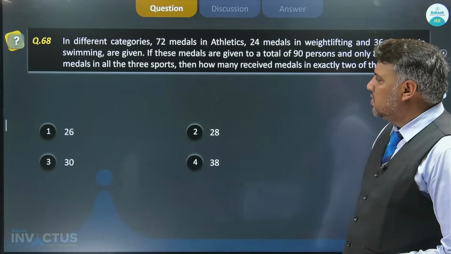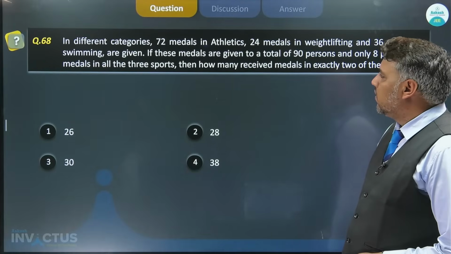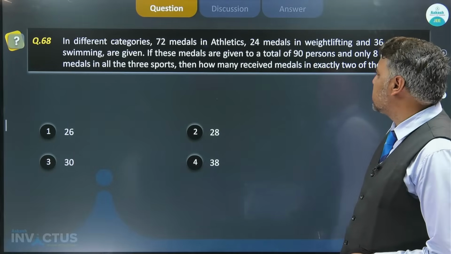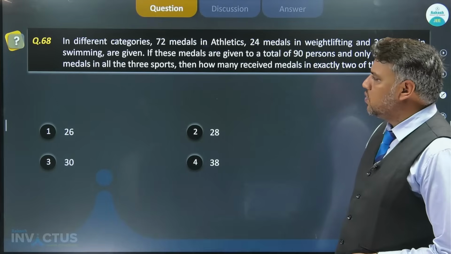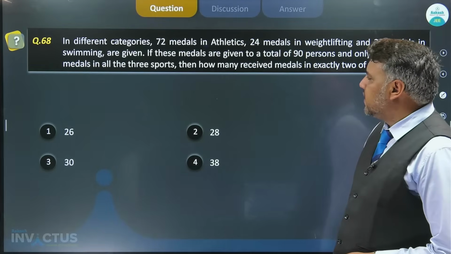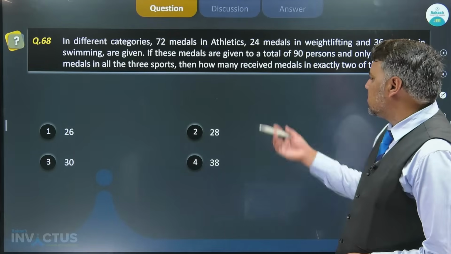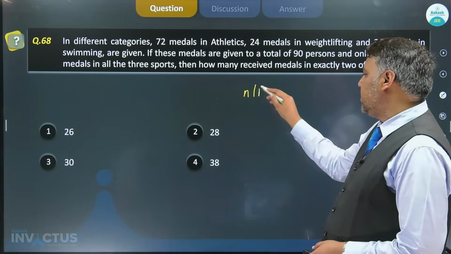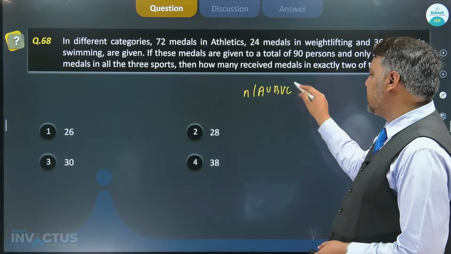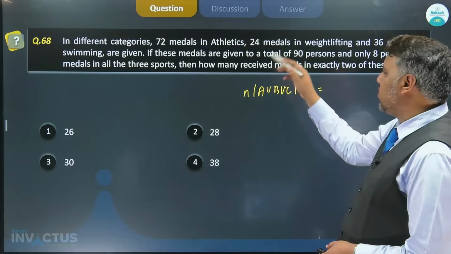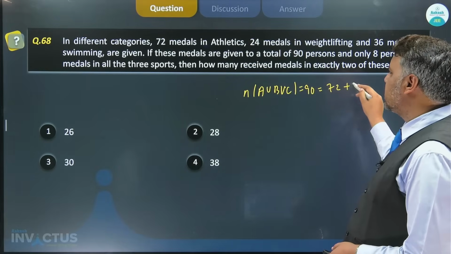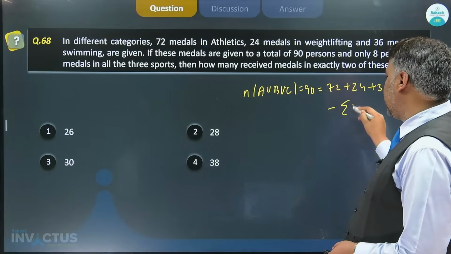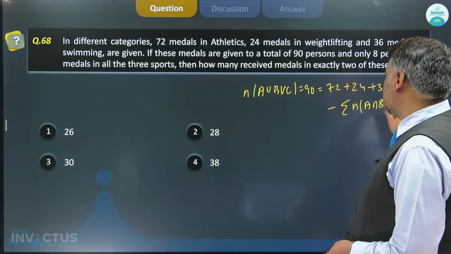Okay, this is again a simple set theory question. There are, in different categories, 72 medals in athletics, 24 in weightlifting and 34 in swimming. If these medals are given to a total of 90 persons, so let us assume sets A, B, C. The number of elements in A union B union C is given as 90, and this must be the number of elements in A plus B plus C minus the number of elements in A intersection B, B intersection C,